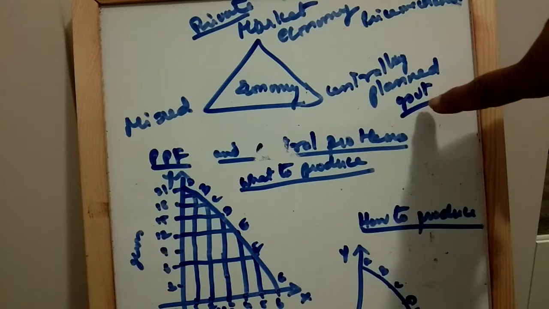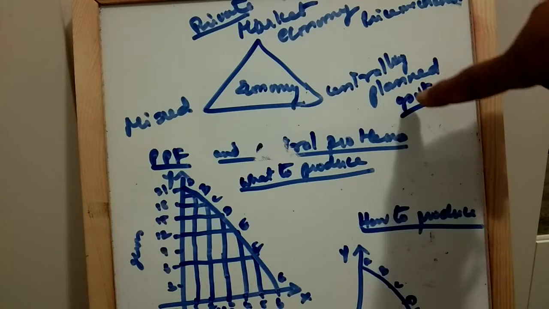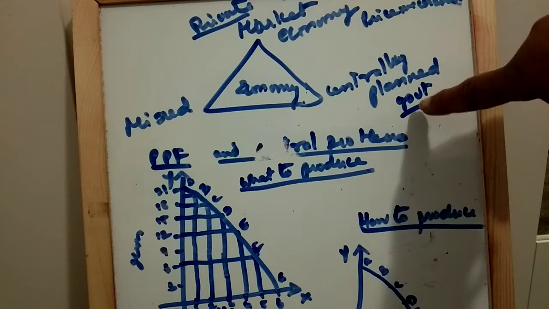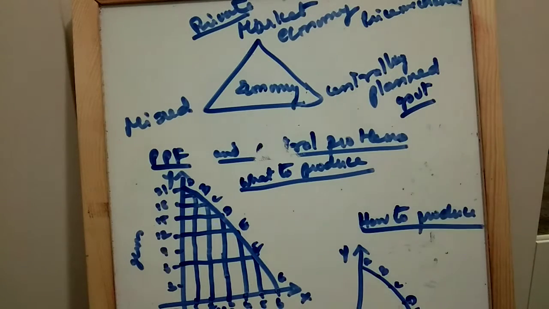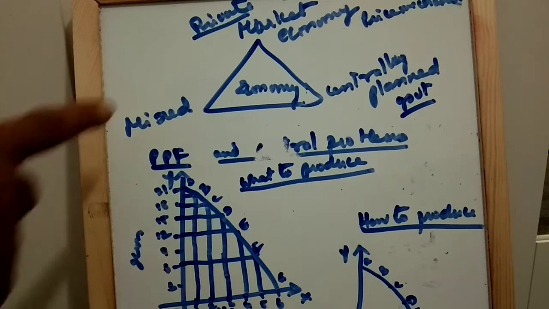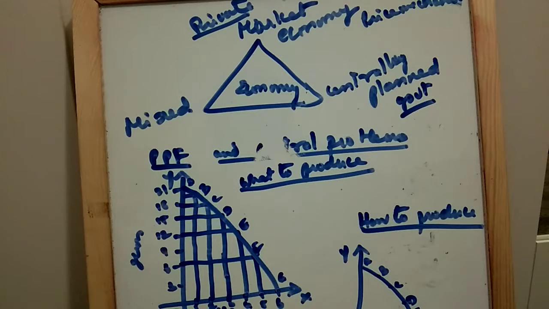In centrally planned economy, means of production are owned, controlled and operated by the government. And in mixed economy, you find the existence of both private and centrally planned economy. So you find both private and government. And in market economy, we find